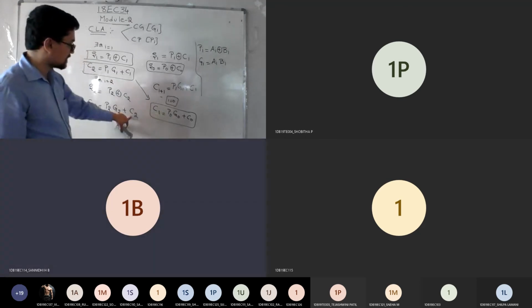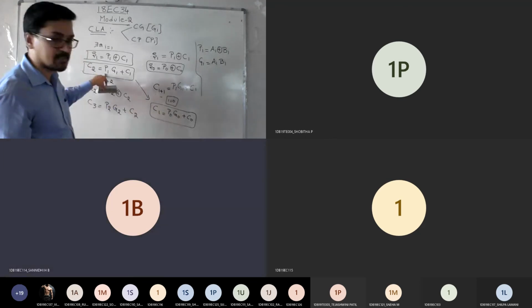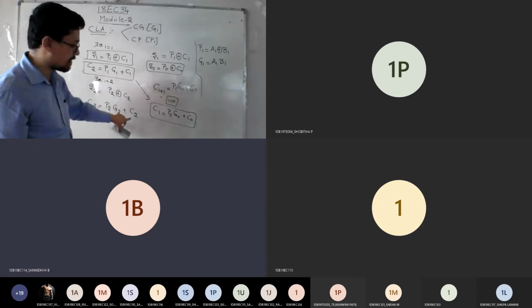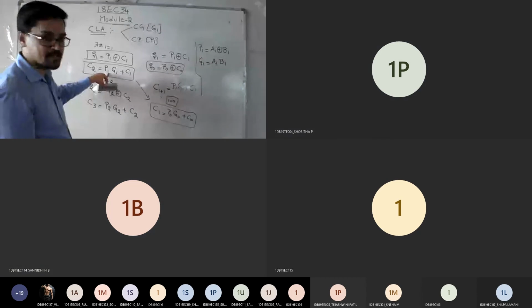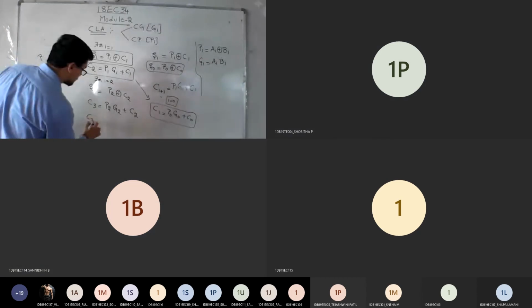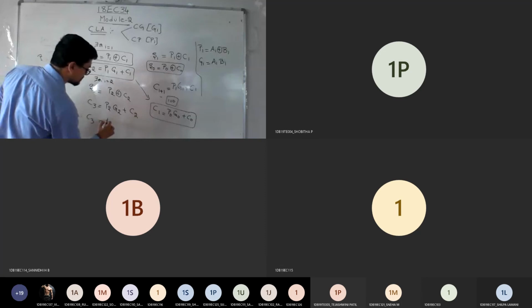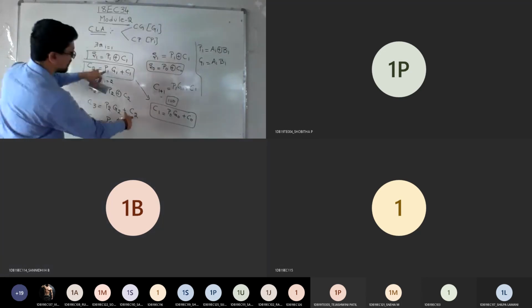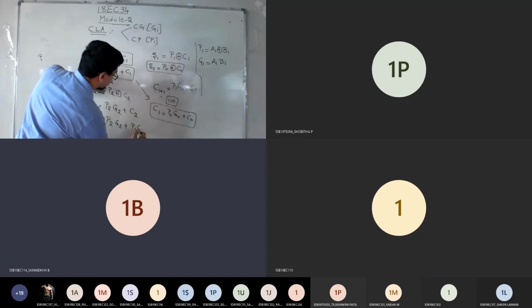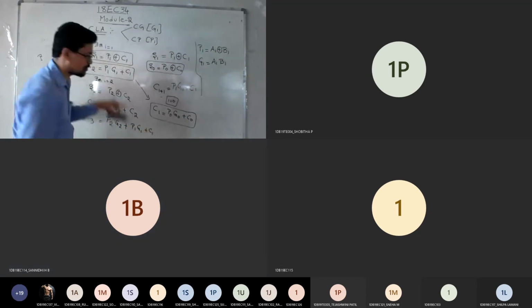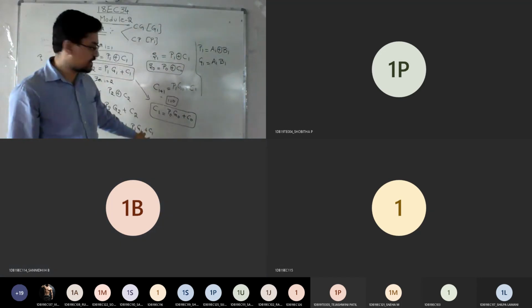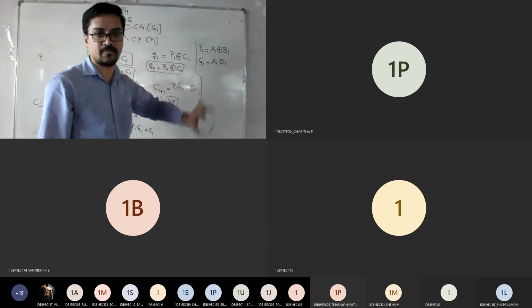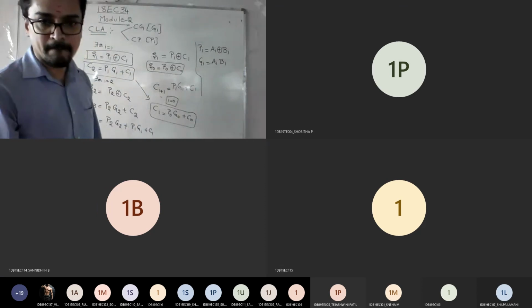Similarly, can I replace my C2 with this answer? Yes, sir. Wherever C2 is there, I will replace it with this. So what does C3 become now? C3 becomes P2 G2 plus C2, which is P1 G1 plus C1. If you want further simplification, you can substitute this value for C1 also. Understood?